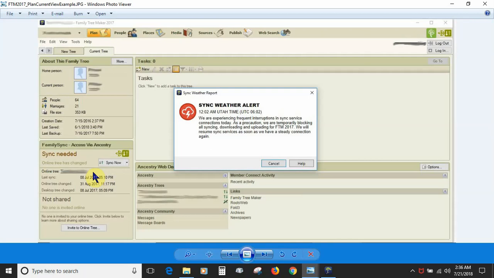With Family Tree Maker 2017, you will also see a sync weather report status, which is green for no problems, it is safe to sync, orange for problems may occur, syncing is not recommended, and red for problems exist, syncing is not possible. With the Family Tree Maker 2018 update, the Sync Weather Report icons are now visible at a glance as badges added to the Ancestry Sync icon on the main toolbar